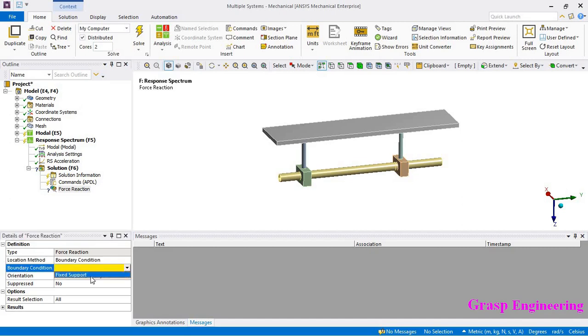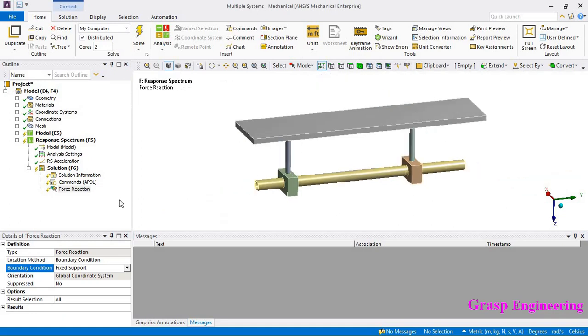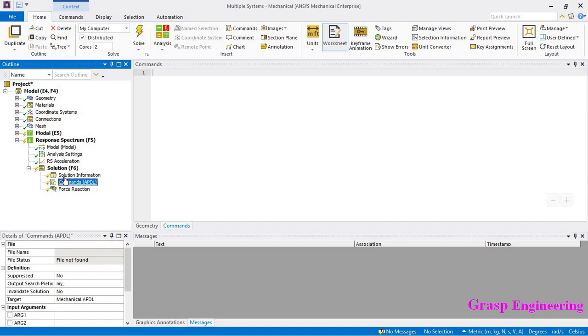There are no other locations; you can extract on the boundary condition, but there is no provision to extract the reaction on a joint or on contact locations. You can find that in a static simulation, but you will not find it in a dynamic simulation. So for that we need to use this command APDL.